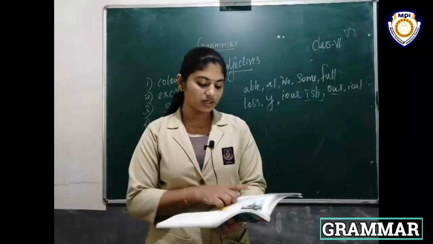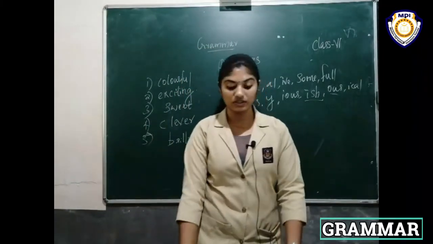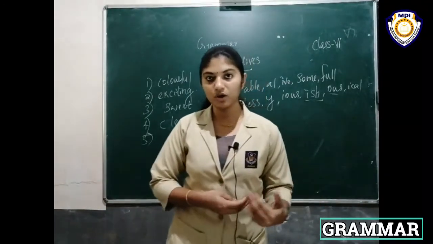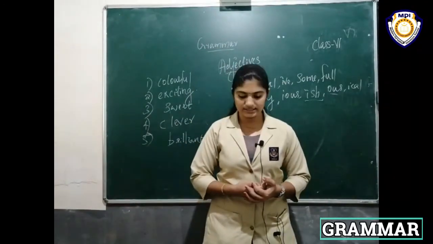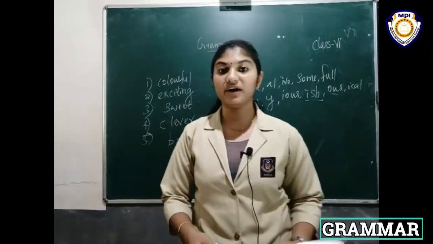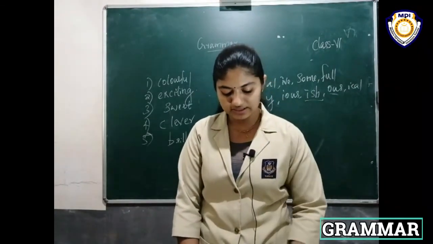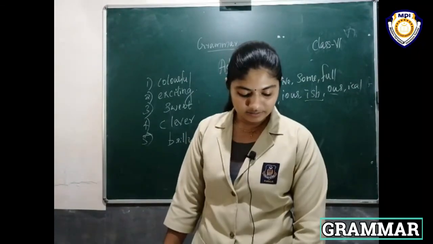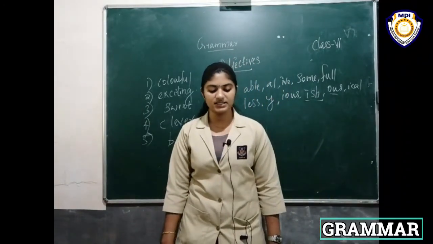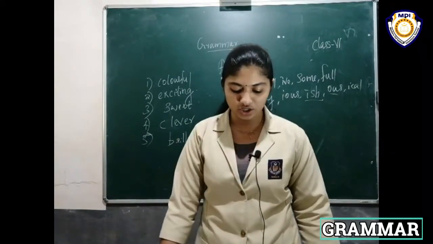Today we have discussed adjectives. Adjectives are words that tell something more about a noun, and they describe, qualify or specify a noun. We saw some examples, and also fill in the blanks. Then match the adjectives to their synonyms, write the antonyms of these adjectives and circle the appropriate adjective. Then next we studied the formation of adjectives.